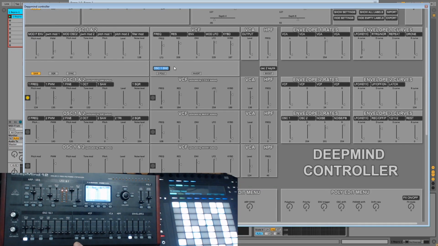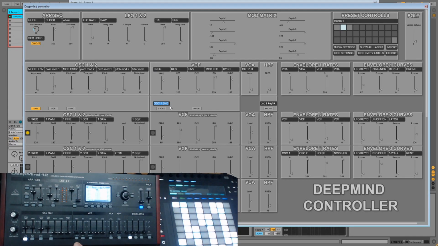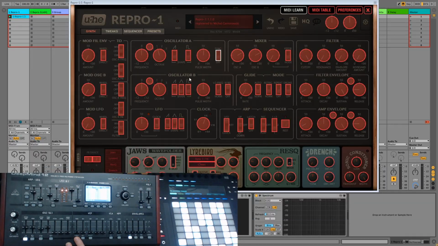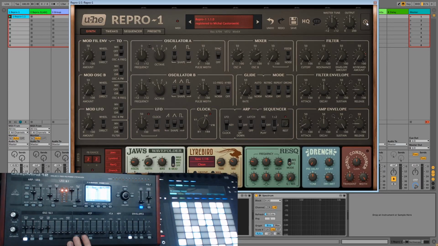Oh, I did not mention this. You can also map the buttons themselves. The buttons can act as switches for the modes, and it does that at the same time even if you map those buttons. You can also set a MIDI CC to the button to control switchable functions with the button as well. So as we found on the 2-pole, we got oscillator sync, and oh, it's already mapped. Okay, so now sync,